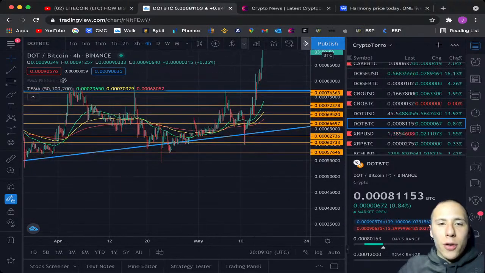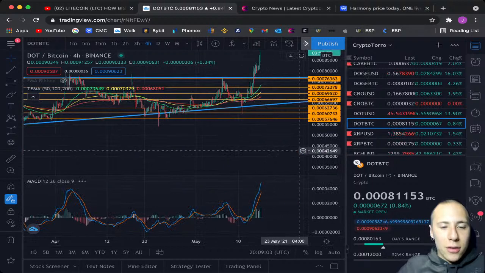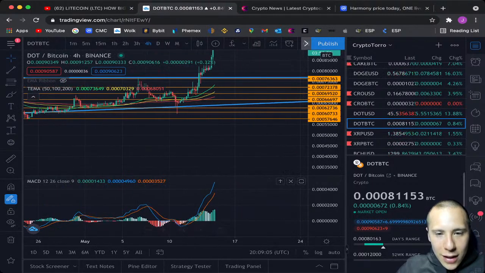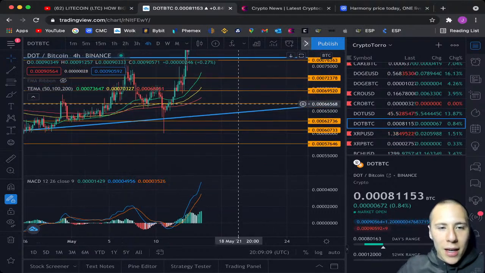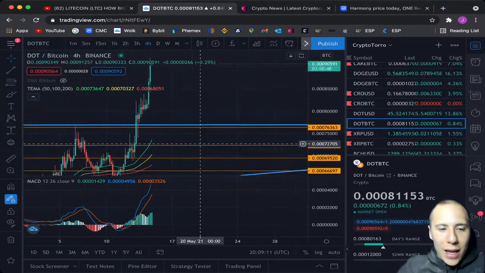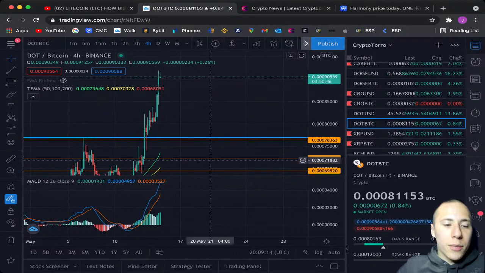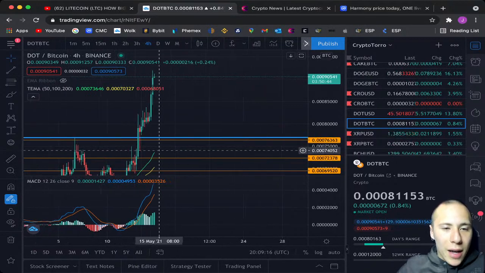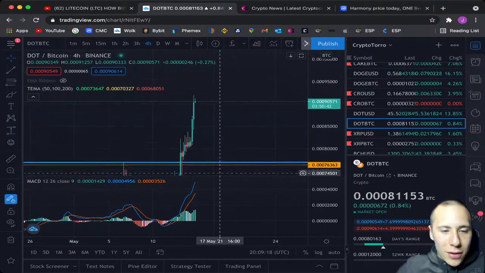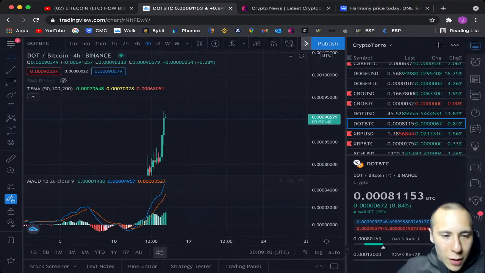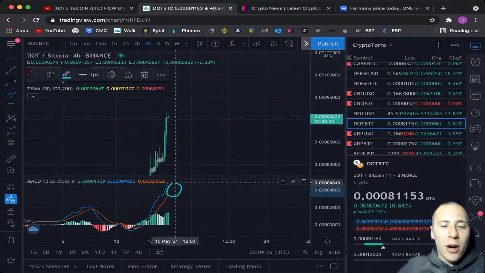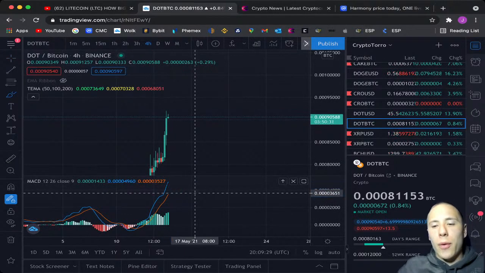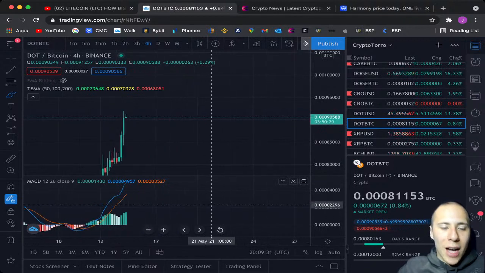Lastly, I wanted to show you just the MACD. What I'm seeing right away is that on the MACD we are seeing a huge momentum towards the upside being created, and we are actually a little bit in oversold territory on the RSI. The blue line is way too high, and that's why I think that when the crossover happens, we will for sure be seeing momentum towards the downside being created.